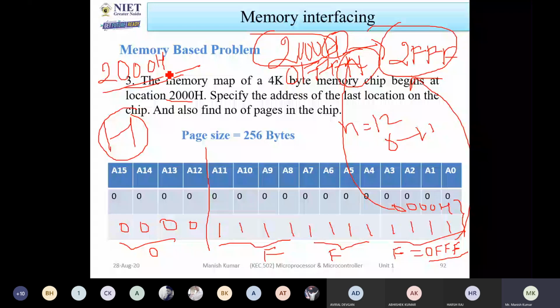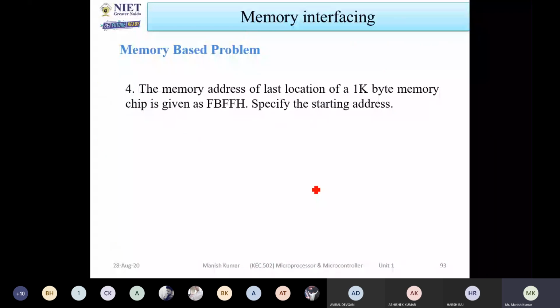So now in this question, he is asking for the last location. In some questions, the last address will be given, and he will ask for the starting address. So here we are adding, and there you have to subtract. That's the difference. With this difference, you can solve one problem and get the idea. This is the last problem from my end. If you have any problem in the last, you can tell. Now try to solve it.